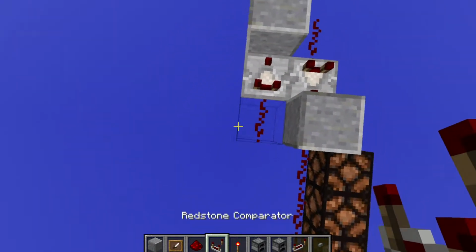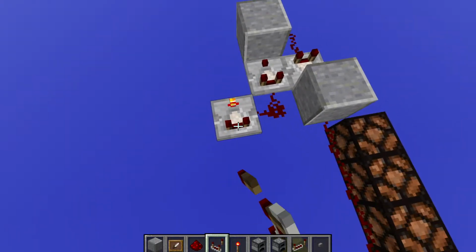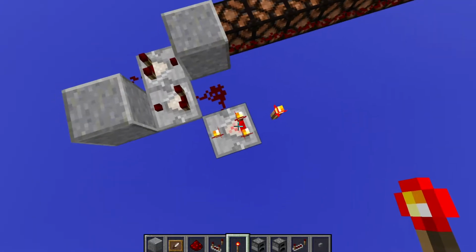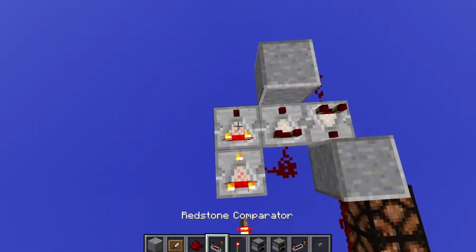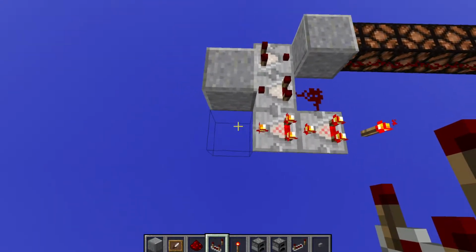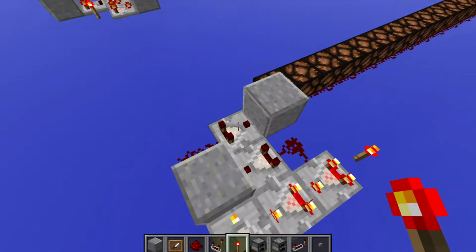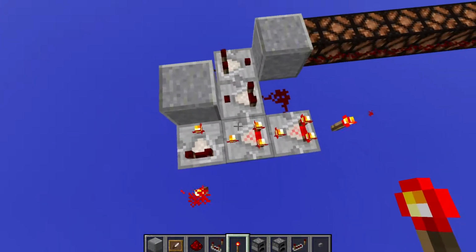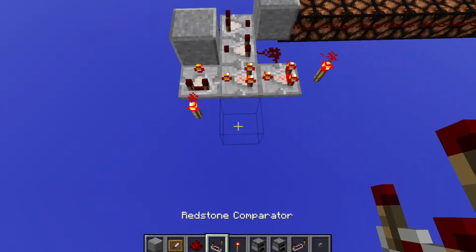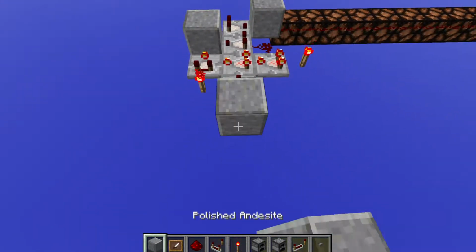Then we take this signal and again subtract it from the side from a full signal, subtract whatever our input is going to be on this comparator, and then subtract from another full signal and pump it right back into our memory cell. Now we have the addition circuit connected to that. So let's put an input over here,